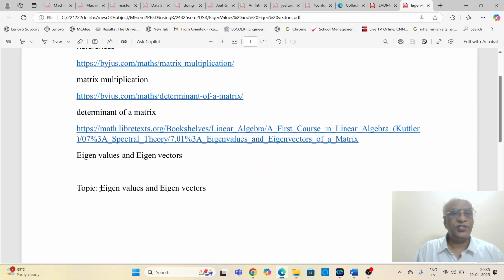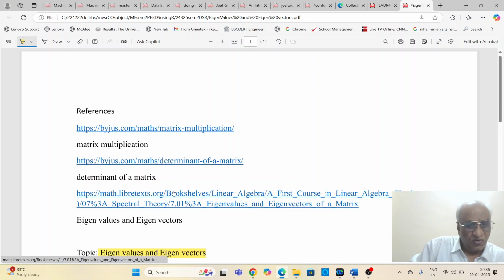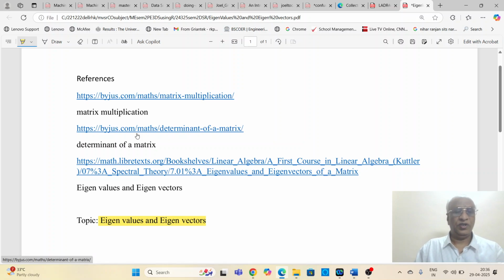Topic under discussion is eigenvalues and eigenvectors. I googled and found these links, and I found them to be simpler, the examples are simpler, and the concept also is made simpler. So if I want to understand eigenvalues and eigenvectors, I need to brush up my matrix multiplication concepts and determinant